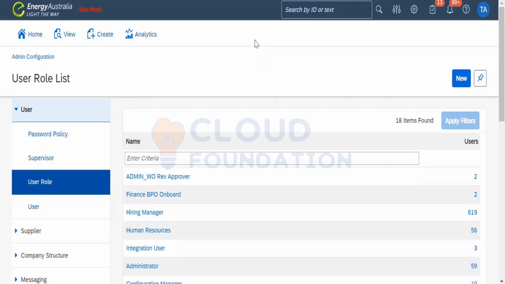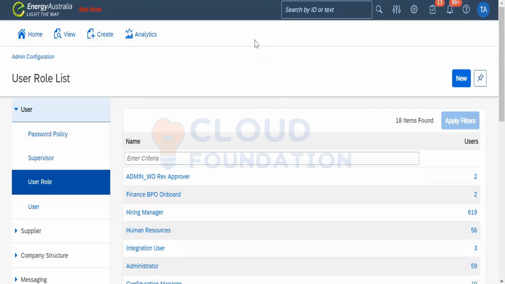That's the reason the data is not flowing from there. However, they need to have the user access within the system. Within Fieldglass, they need to have the user access. They are called non-birthright users. They will be created as users here, though their data is not flowing from the HR system.